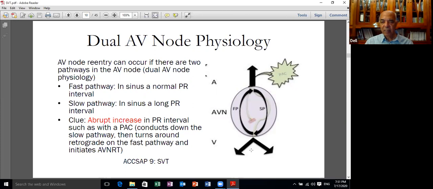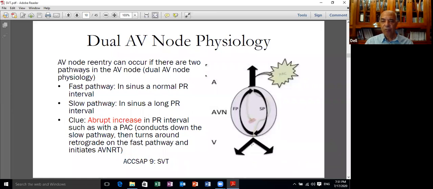And under these circumstances, you can imagine the activation of the atrium will occur simultaneously with the activation of the ventricle. And so therefore, the retrograde P wave will be embedded into the QRS complex. So imagine that this point is a fulcrum, and the P wave coming from the slow pathway will reach this fulcrum, and then there is a race between the backward conduction through the fast pathway to activate the atrium and the forward conduction through the ventricle to produce the QRS. So sometimes the P wave appears immediately after the QRS, and sometimes appears immediately before the QRS.